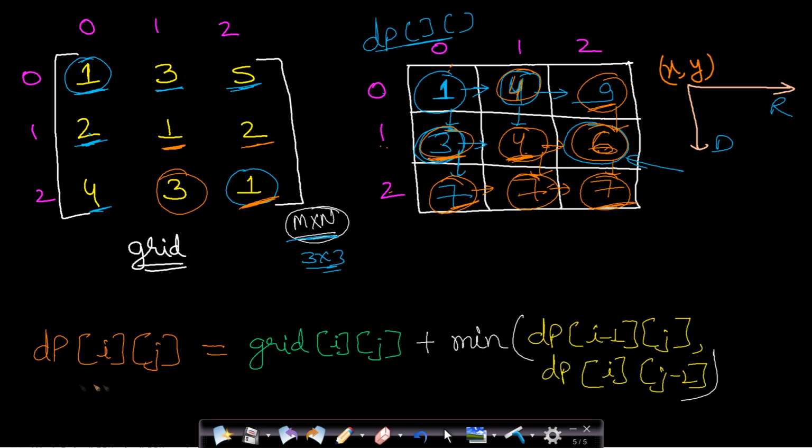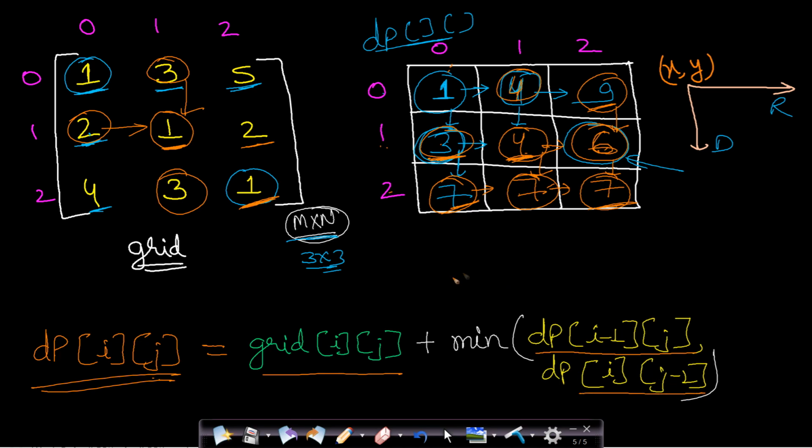This is pretty simple, and this is the formula which we will be taking for filling a cell in this DP table. So DP at ij will be equal to the current cost of the cell, which is grid at ij, plus, if there are two possible paths, the minimum of the top and the left, because from top we can move down and from left we can move right. That is why we have taken DP at i-1, j and DP at i, j-1. This will take a total of order of n square time, and the space complexity will also be order of n square for this table. So let us now look at the code.